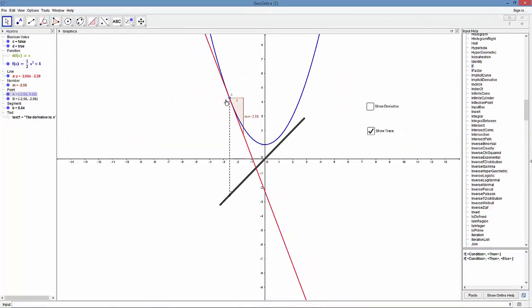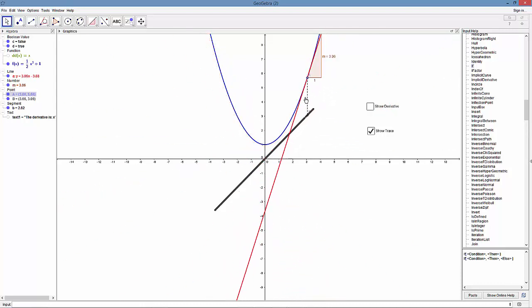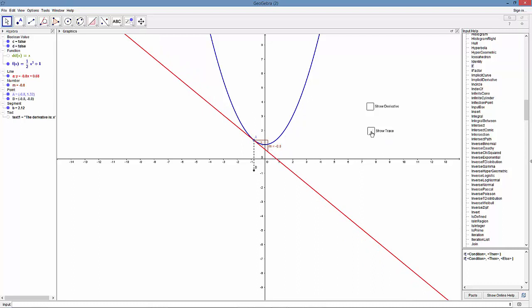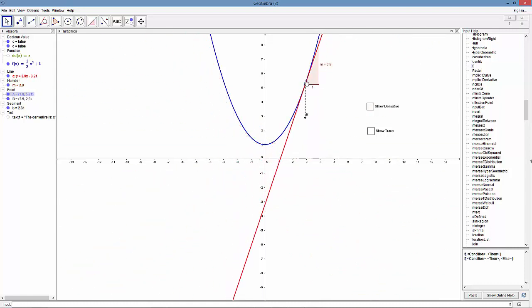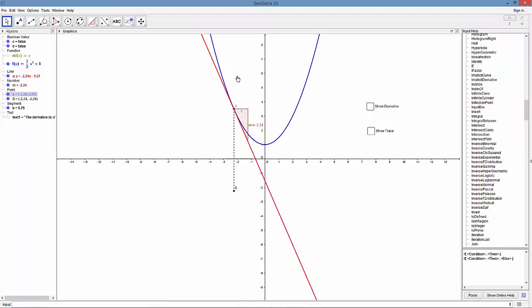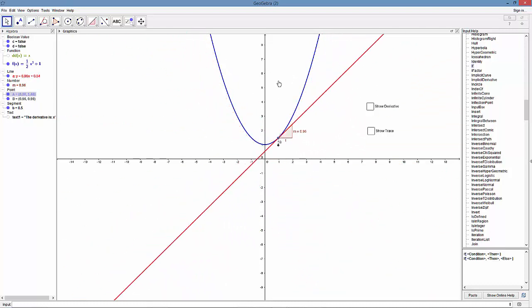And now when show trace is checked, then it will actually trace out the derivative function when I move my point A around. If I uncheck point A, then it will turn off the show trace, and it will actually make my trace disappear. So I can start off without showing the trace at all and without showing the derivative, and I can see if I can guess the derivative of my function